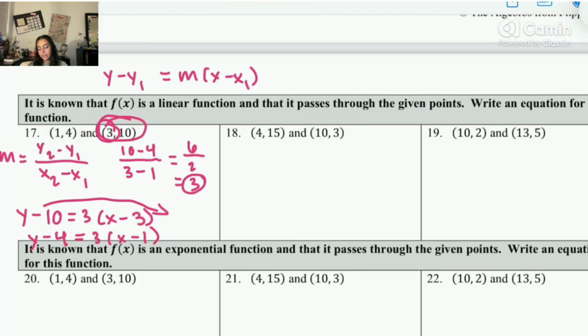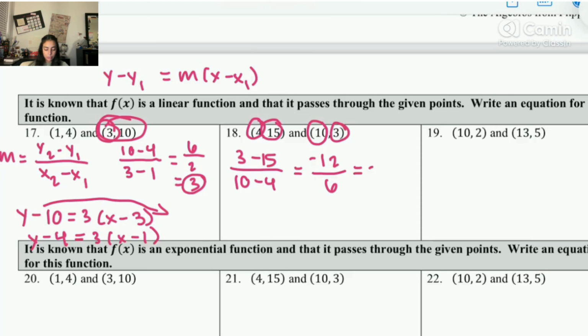For number 18, let's say our y2 is 3 and our y1 is 15. So 3 minus 15 over 10 minus 4. So negative 12 over 6, which is negative 2. So that's our slope. So let's say we're using this coordinate pair, y minus 3 equals negative 2 times x